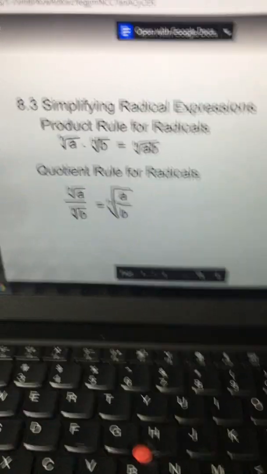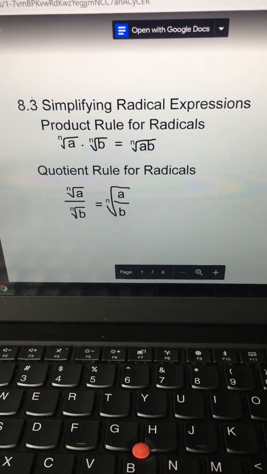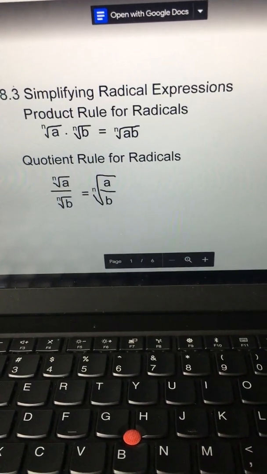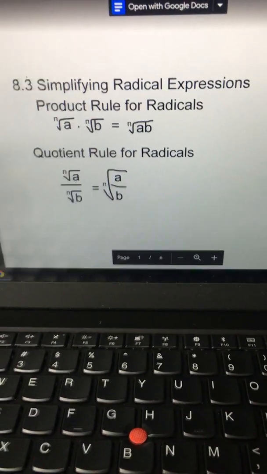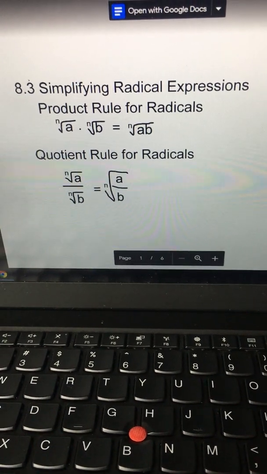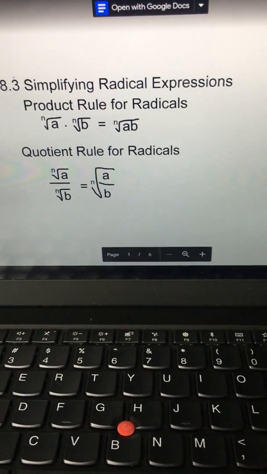Hello everyone, we're going to start 8.3. We're going to take some class notes on simplifying radical expressions, something I know that you did with Mrs. Martin last year in geometry, but we will review this, and these notes are to be taken on the 3rd